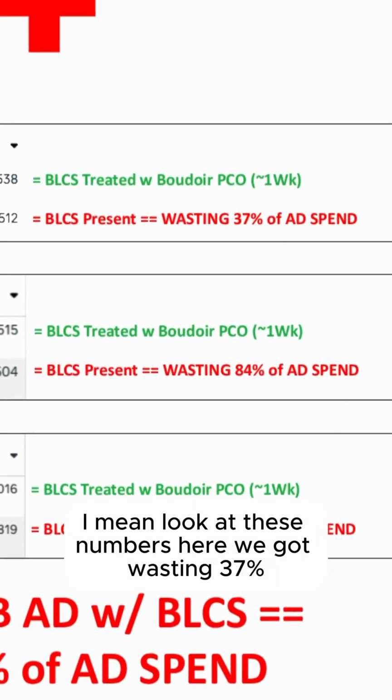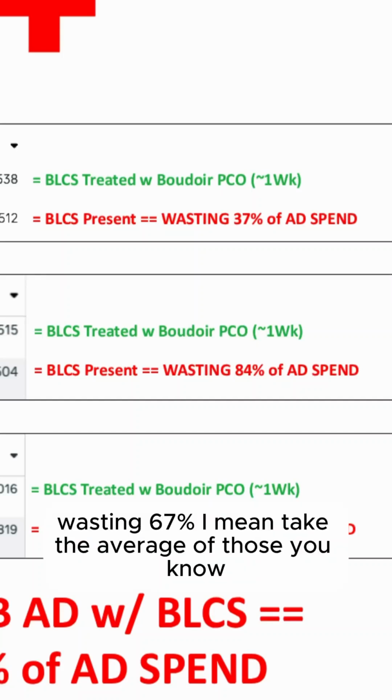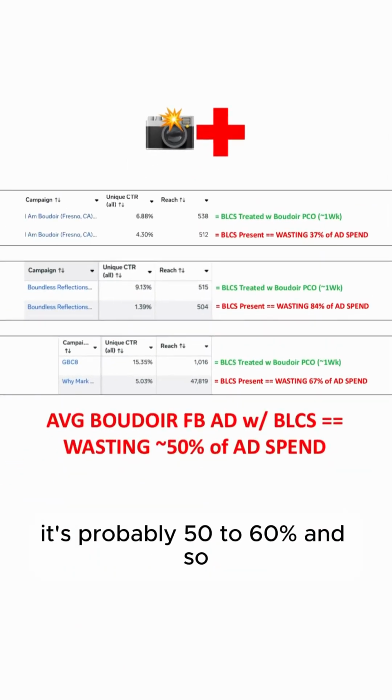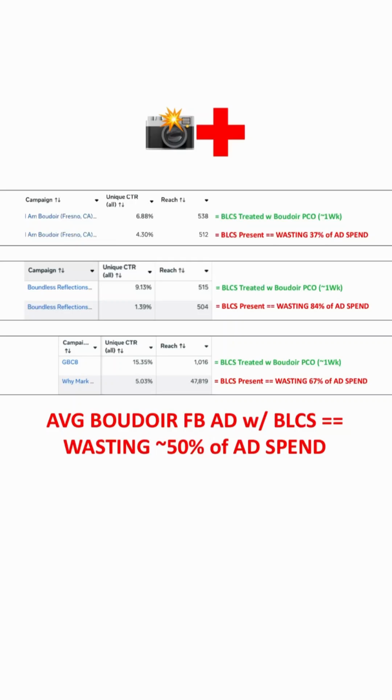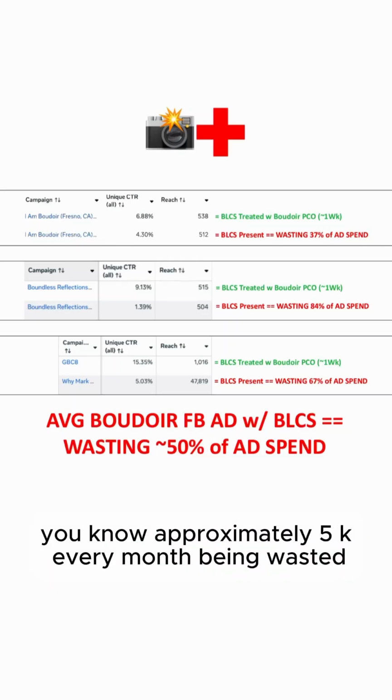I mean, look at these numbers here. We got wasting 37%, wasting 84%, wasting 67%. Take the average of those. It's probably 50 to 60%. And so if they're spending 10 grand a month on Boudoir Facebook ads, approximately 5K every month is being wasted, being given